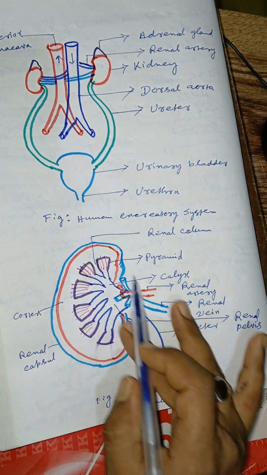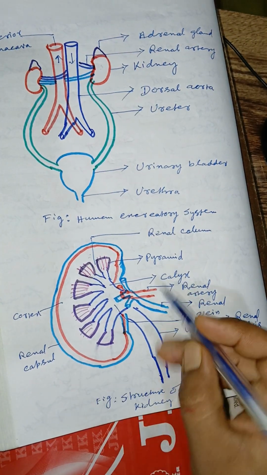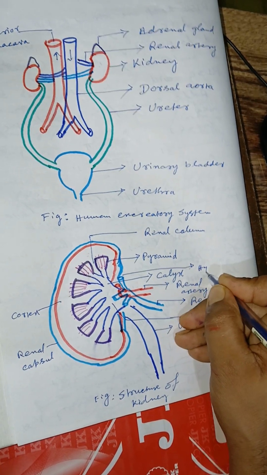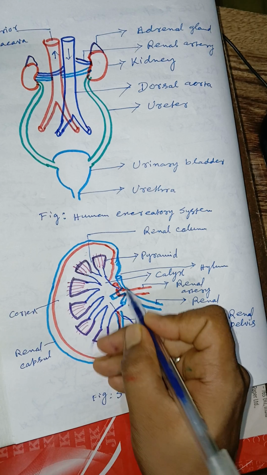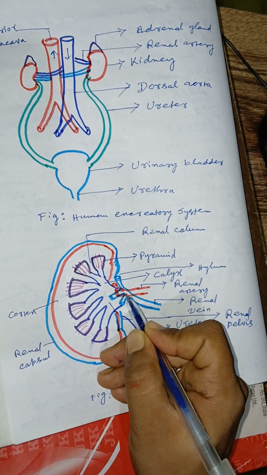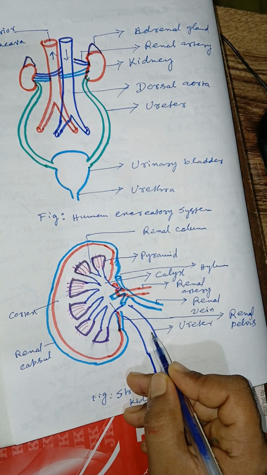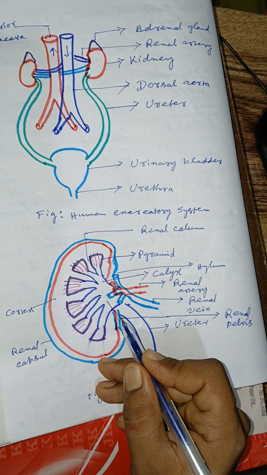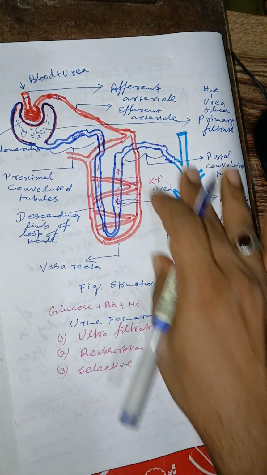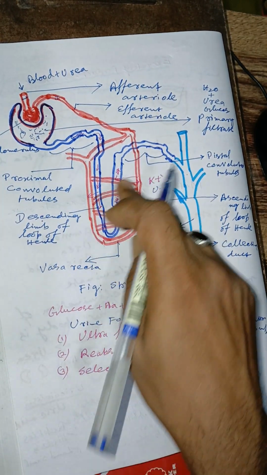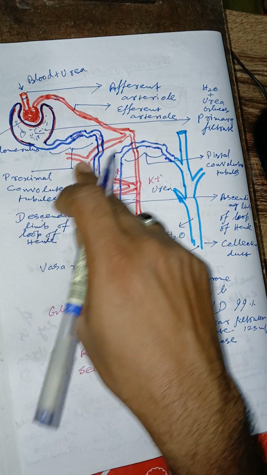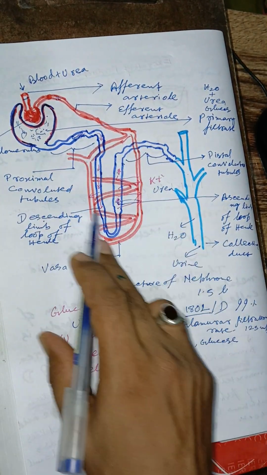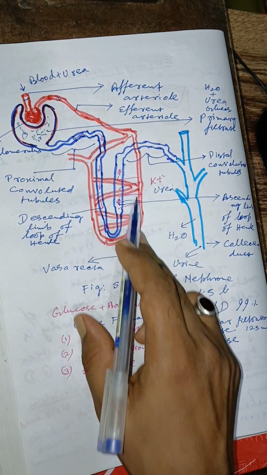Okay, and this is the kidney, at that region, this is known as the hilum. Okay, name of this region is known as the hilum, because at that region of the kidney, renal artery, renal vein, nerve and ureter is entered, is known as the hilum. Okay, and we also learn the functions of kidney. Then we learn the functions of nephron, that is the functional unit of kidney. Then we learn the structures of nephron first,